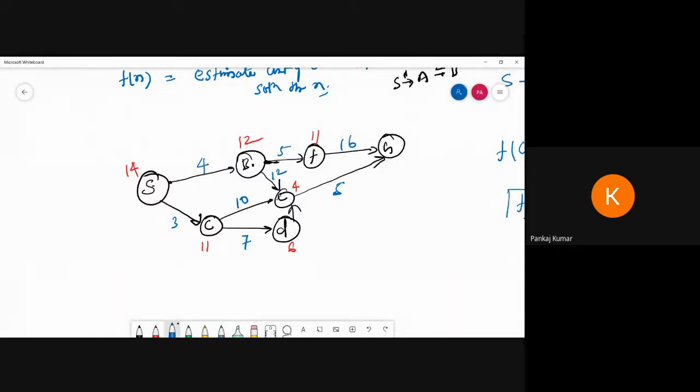Time complexity is order of b to the power d, because each and every time I can explore the adjacent nodes and go for the depth part. So I can explore S to C, then B, then F, C, and then reach the goal. That's why it is order of b to the power d. The disadvantage is that it takes more space in memory and is a slower algorithm. But the advantage is that it always gives a complete and optimal solution.